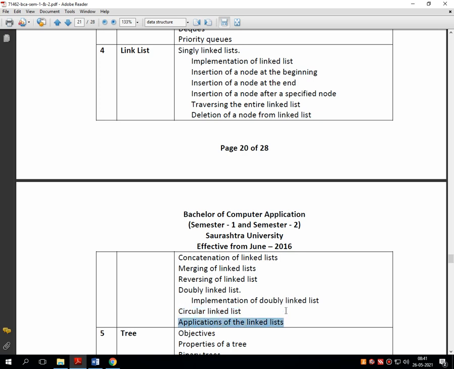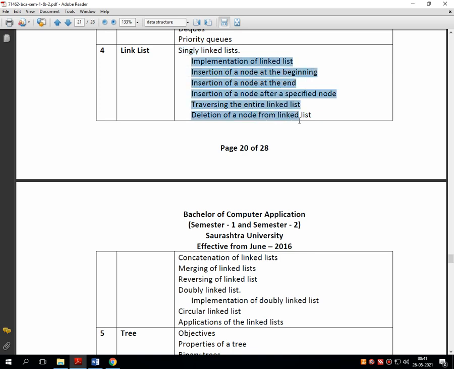Right now we are not wasting our time on the other types. First we will start with single linked list, which is very important in the examination.